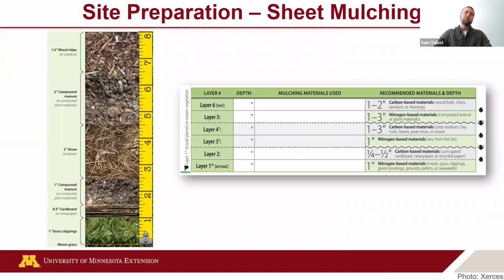And then sheet mulching, you're probably familiar with this method, the lasagna method. With native plants, you don't necessarily need as much of that nitrogen-based compost or manure, just because native plants have evolved to grow in not necessarily resource-poor conditions, but they don't need those higher nitrogen levels. So, but you can mow your grass down really flat, aerate the compacted soil if needed,